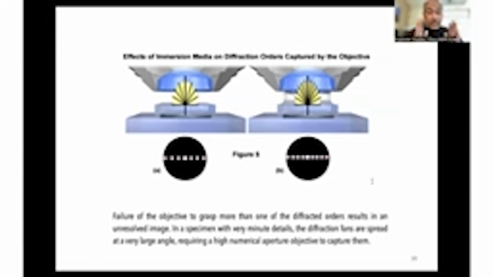And air has a certain diffraction. That is, the moment light comes through, the way the light distributes is different when the medium that is there between the objective and your sample is air, and that can be altered by using a medium that allows light to now make more light get into the objective.